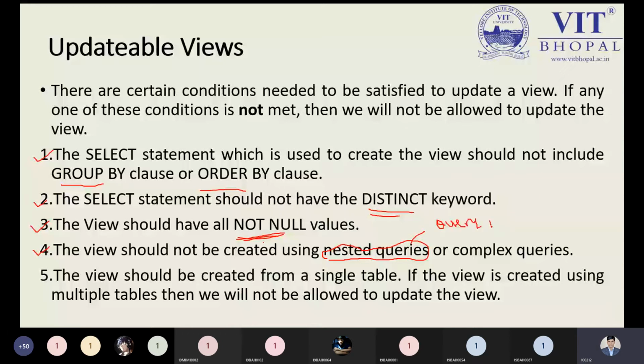We will see this practical part by using the in operator, a query inside a query. Sometimes this nested query is also known as a complex query, because we are fetching the data from the query inside the query.